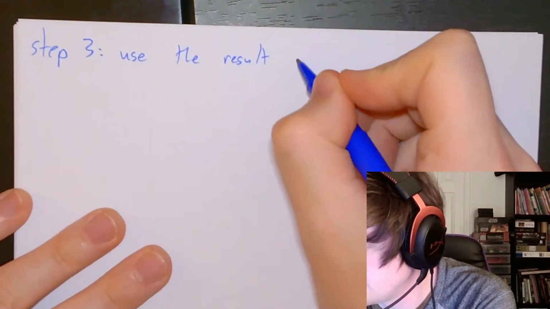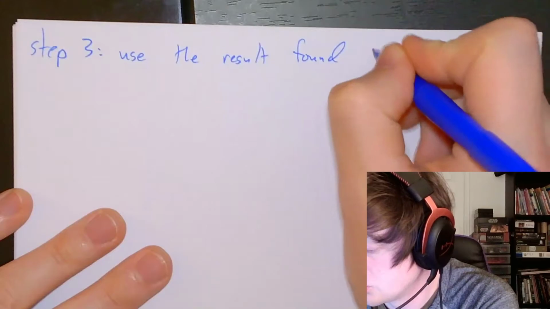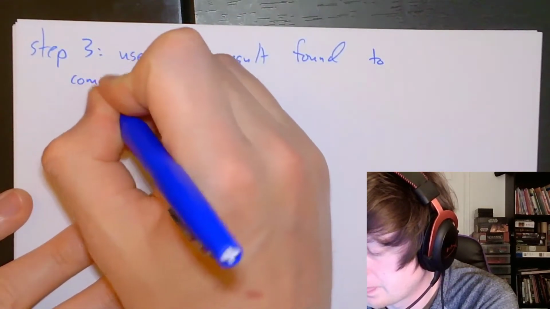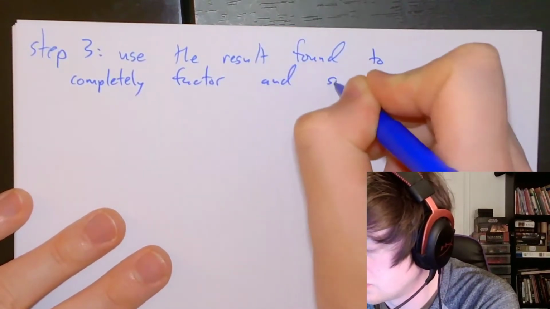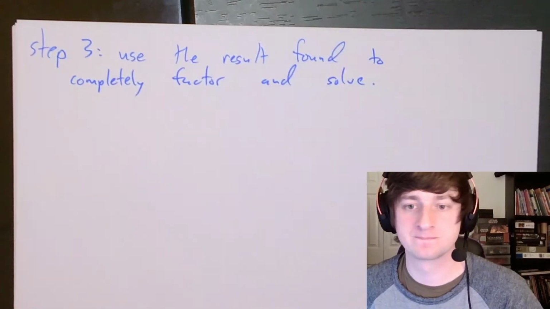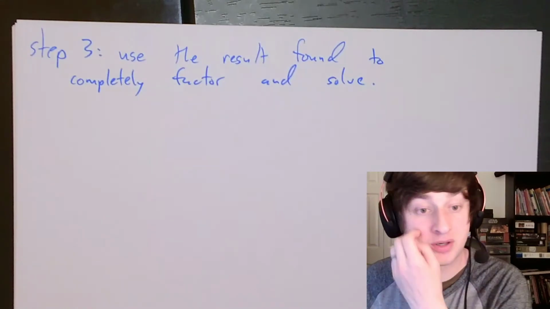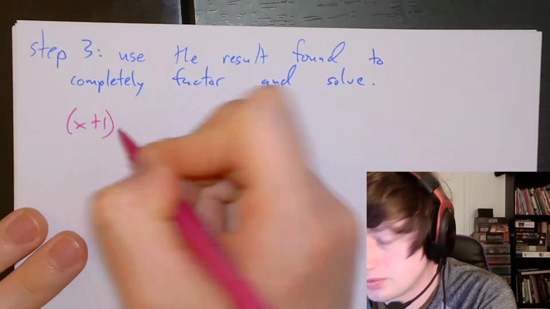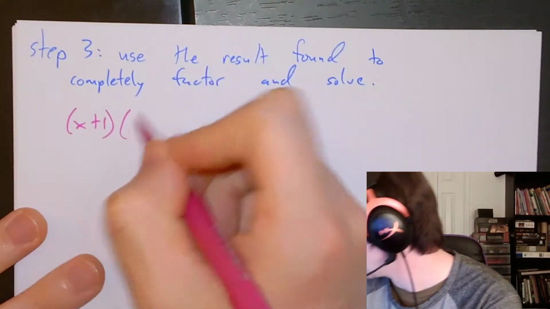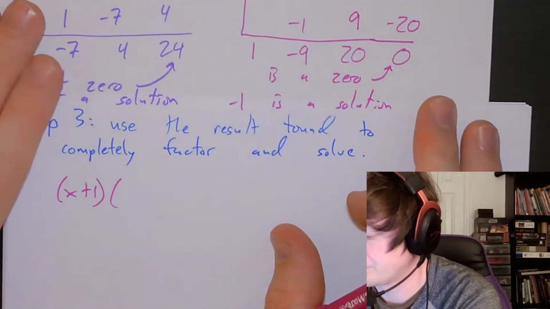So we're going to use the result found, in this case -1, to completely factor and solve. So we found -1 as a solution, which means we can factor out x plus 1, and we use the values from our synthetic division here, the 1, the -9, and the 20, to give ourselves